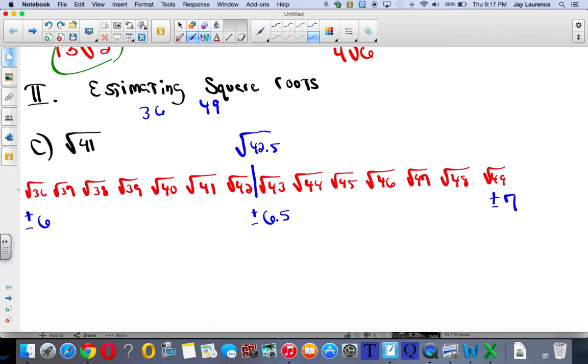It's about 6.519. And we're saying it's approximately 6.5, 6 and 5/10. So that's a pretty good estimate. Now, if it was right at 42 or right at 43, I would just go ahead and adjust this answer. But since it's a little bit away, I'm going to go ahead and find the median of